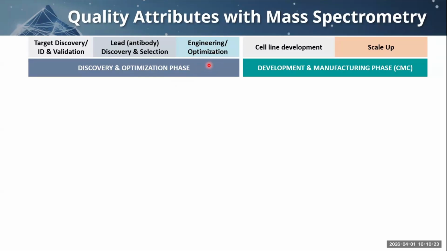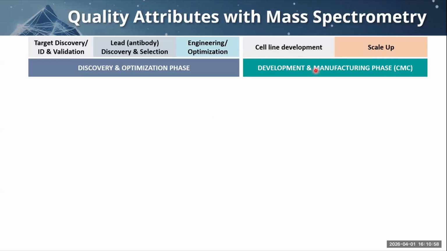Then, once you have your optimized molecule, you would seek to create stable, high-producing cell lines as host cells that can manufacture antibodies. And finally, you would need to scale up from a small laboratory approach to a large-scale approach, and this falls under the development and manufacturing phase, according to general CMC guidelines. And our lab supports characterization at any one of these stages. Of course, there is overlap and